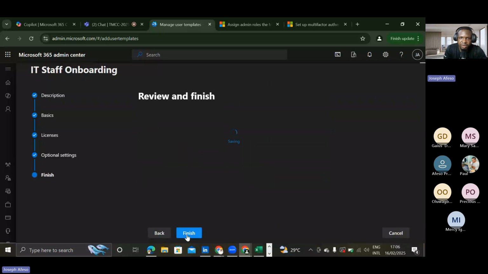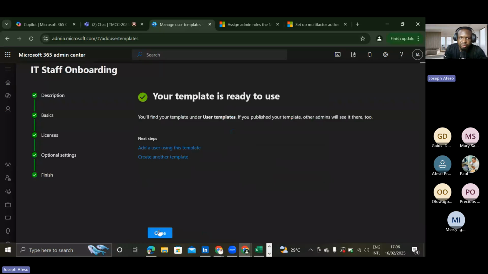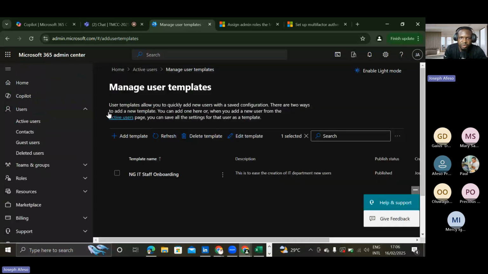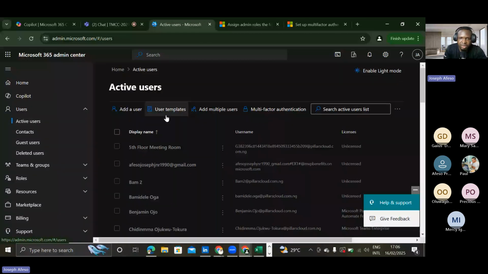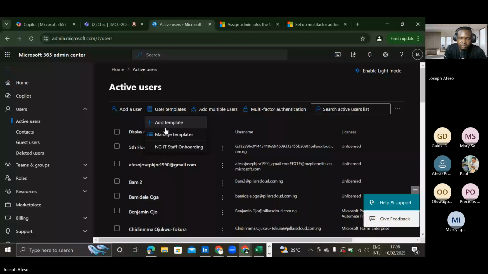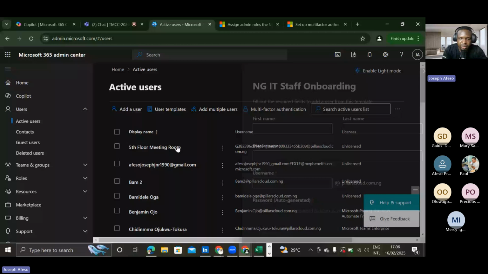So I'll finish, right? This is just to show you the difference between coming back to active users and the difference between use templates and add template. So how do I now create that user? If I come to NGIT staff onboarding templates now, and I click on this, the only thing I need to do is I will just say created